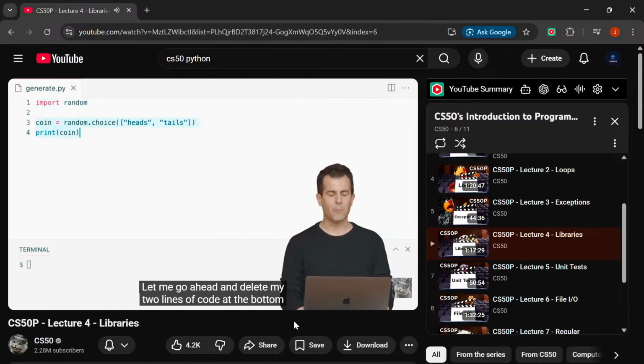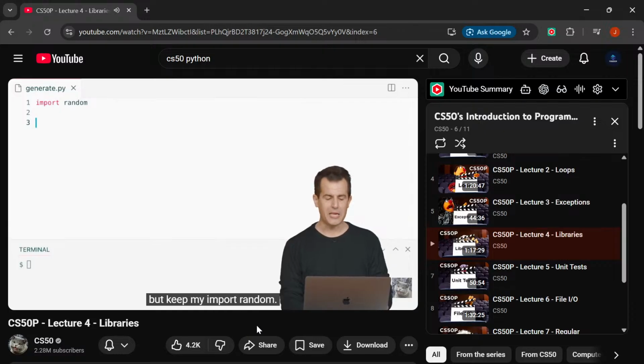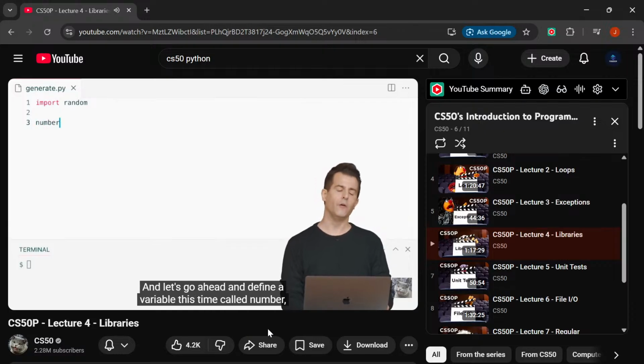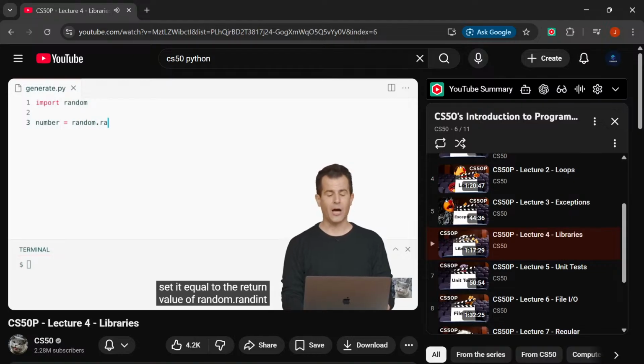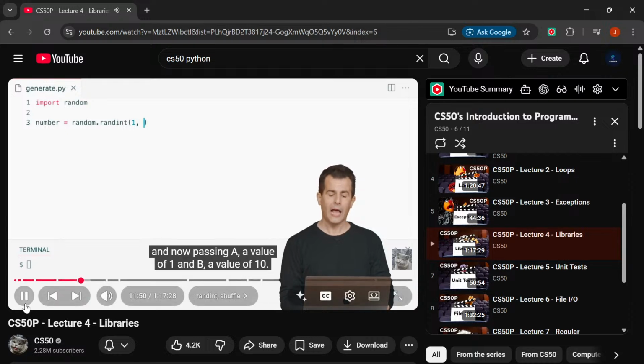Let me go ahead and delete my 2 lines of code at the bottom, but keep my import random. And let's go ahead and define a variable this time called number, set it equal to the return value of random.randint, and now pass in a value of 1, and